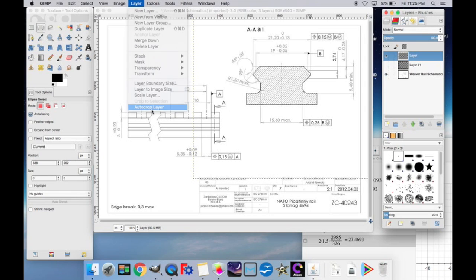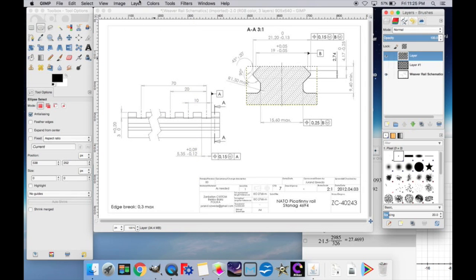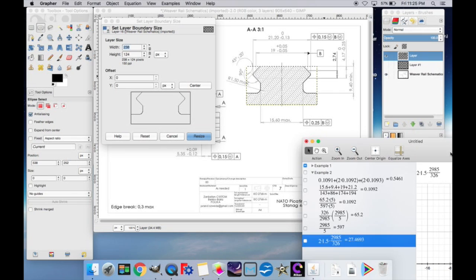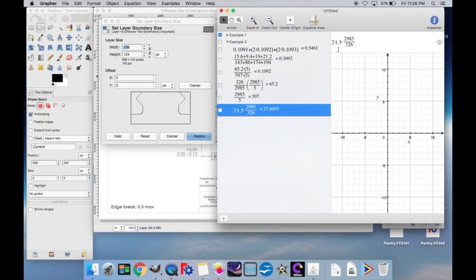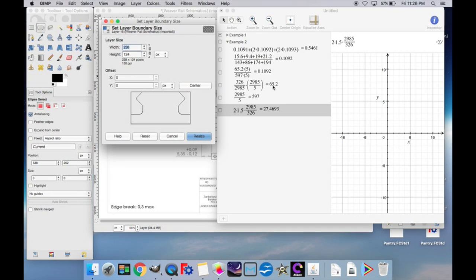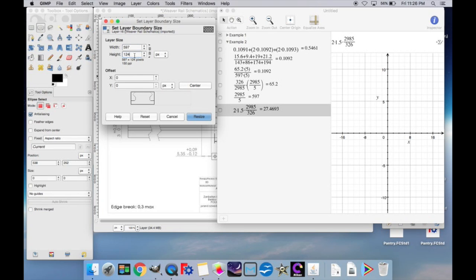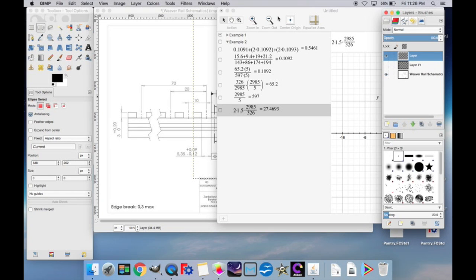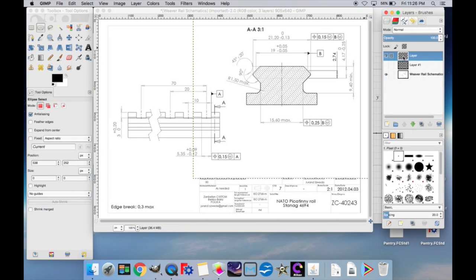we can go to the layer and auto crop the layer, and then we'll do what we did with the side view. We'll go to Layer, Layer Boundary Size, and we'll use the number we figured out before from our sizing ratio here as 597, which will end up being 65.2 in the program in FreeCAD when we import it in. So we'll enter 597 for both, and then we'll center it so it's centered in all the axes, and then we'll hit resize, and then we'll just go ahead and copy that layer to a new image,